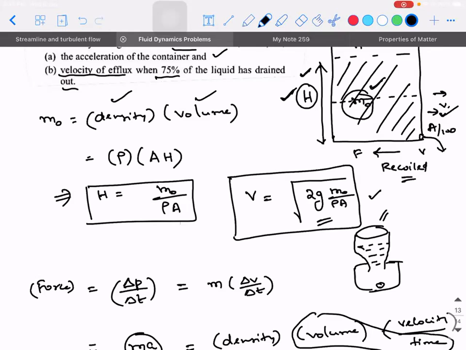Or you can think of an RO also, whatever it is. When you try to fill it in your bottle, when the can at the top is going to be completely full, will the speed of the liquid that is coming out from the dispenser be more or less? More. Why? Because there is more pressure acting on the liquid. The water that is coming out from the dispenser is what is efflux in this case.